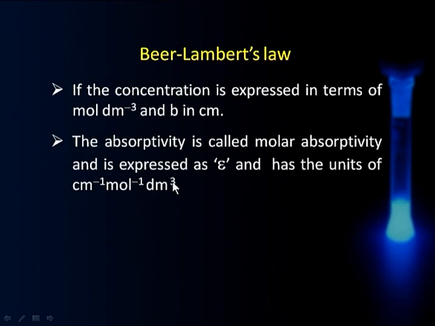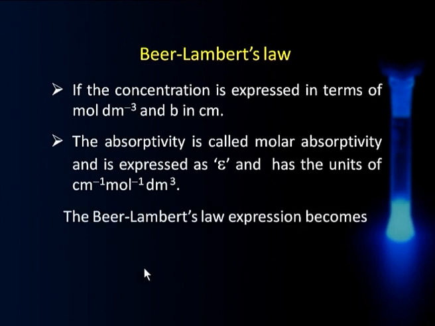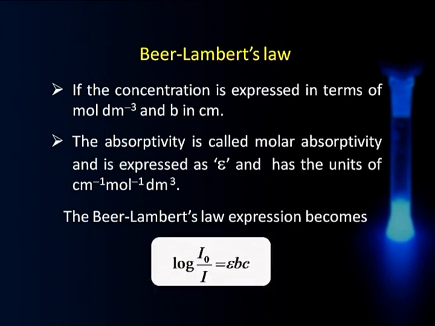mole inverse, decimeter cube. So now the combined expression, the Lambert-Beer law or Beer-Lambert law expression, will become something like this: log I naught by I is equal to epsilon BC. That is the expression which we will be using very often when we talk in terms of photochemistry. Let us make it a little further simplified. We do so by defining